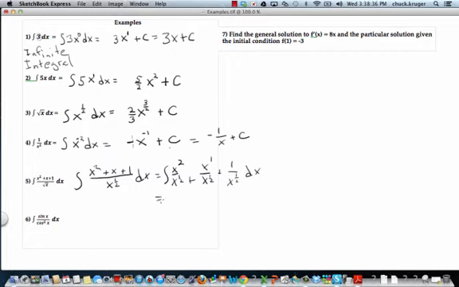Well, that's going to give me, if I look at this, when I'm dividing things that are in exponential form and the bases are the same, I subtract the exponents. So I'm going to take 2 minus 1/2. That's going to be x to the 3/2 plus 1 minus 1/2 is x to the 1/2 plus x to the negative 1/2 dx. So that means I'm going to have three things to some power